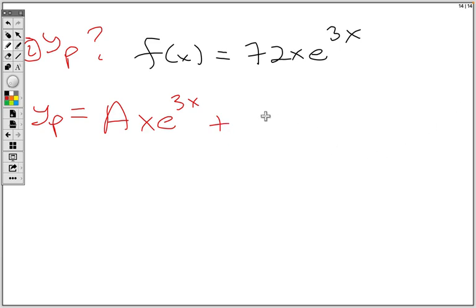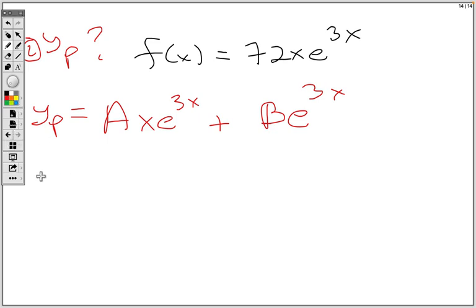Yeah, terms that just have e to the 3x in it, right? So I'm going to have to represent those, e to the 3x. So once again, you have to imagine plugging that function or something like that function into the diffie-q and representing all of the different linearly independent parts that are going to come from that derivative. That's your yp. And now I got to check